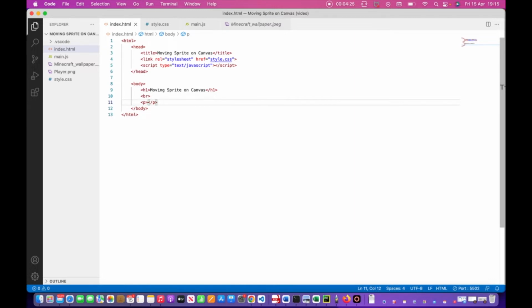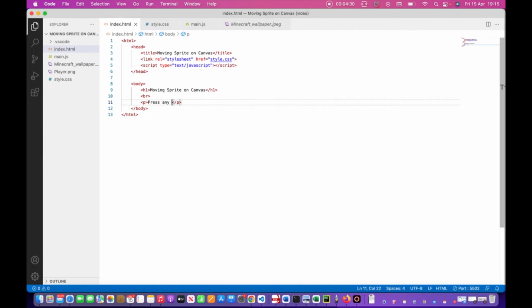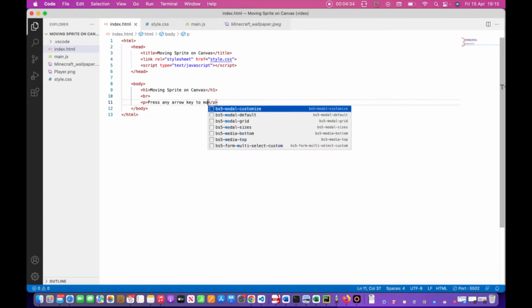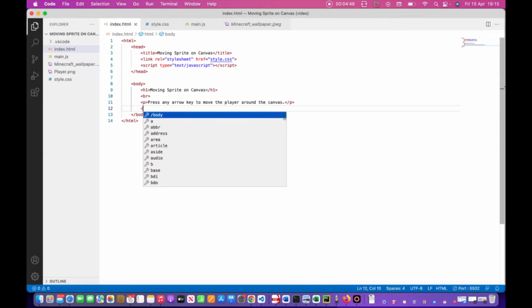So here I'm going to put down press any arrow key to move the player around the canvas. There we go. That should finish off our one line of instruction. Very simple to follow. And our second P tag is going to be a